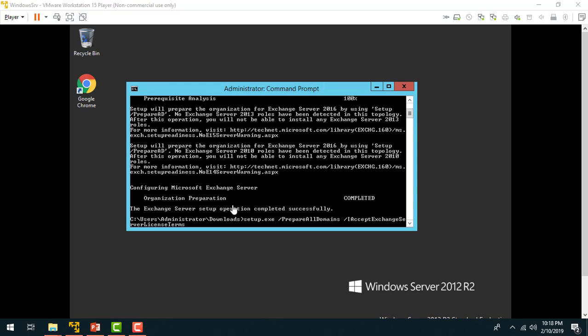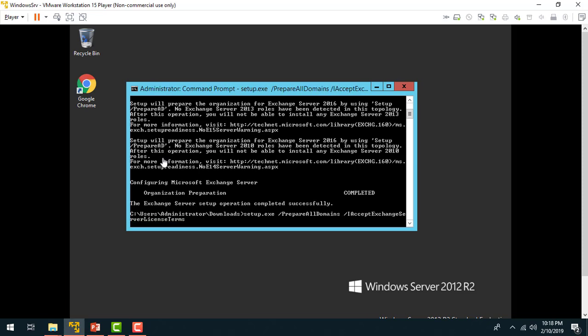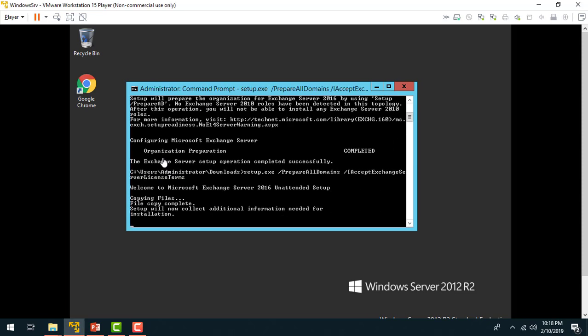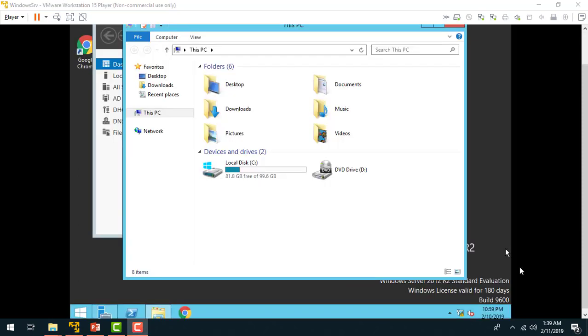Now once the command is completed for extension of the AD, we can extend the domains. So we'll run setup.exe with /PrepareAllDomains and /IAcceptExchangeServerLicenseTerms. And once we are done, we'll hit enter. So post extending the domain,